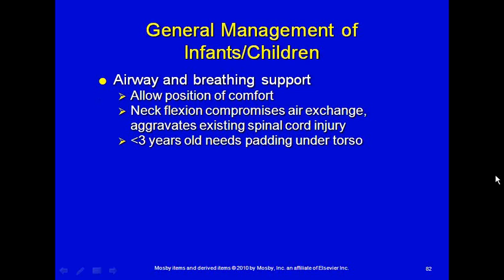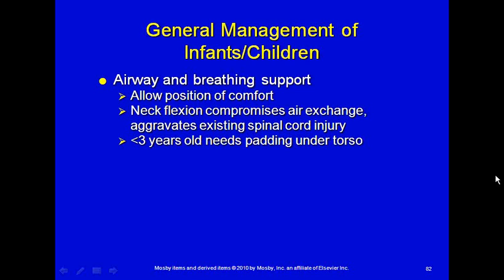As far as general management practices, as far as the airway goes, typically the position of comfort works best. Strapping him down, holding him here, doing this, particularly if they struggle a lot, is just really counterproductive. So whatever position they feel best in, if they certainly are awake and wanting to sit up, they can do that. Remember that neck